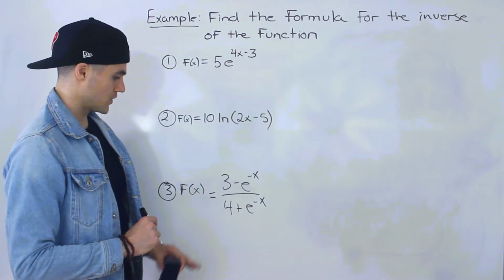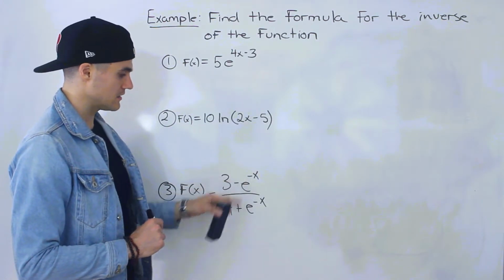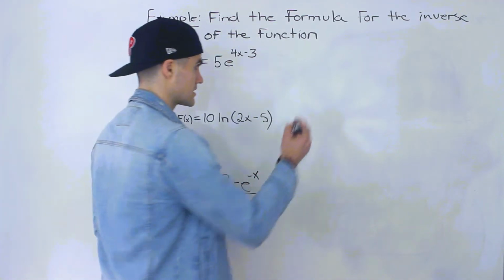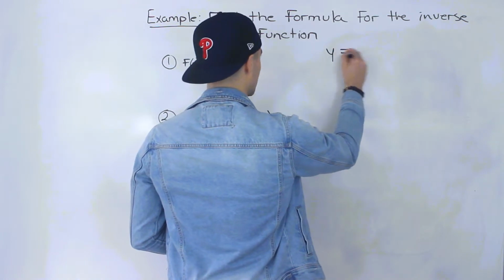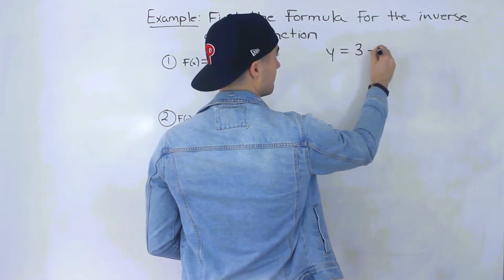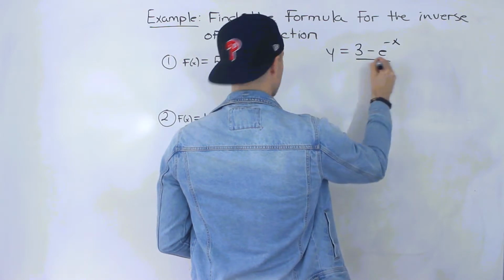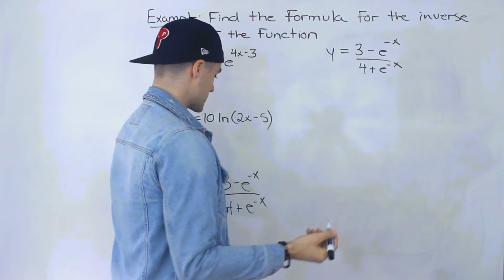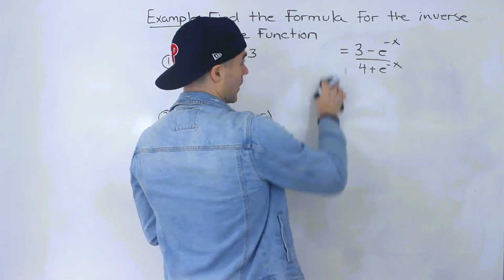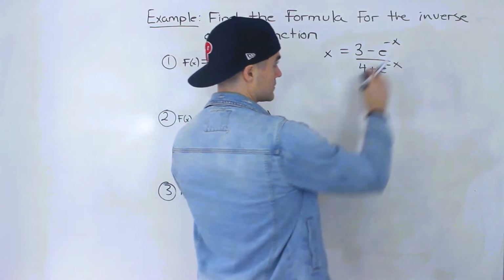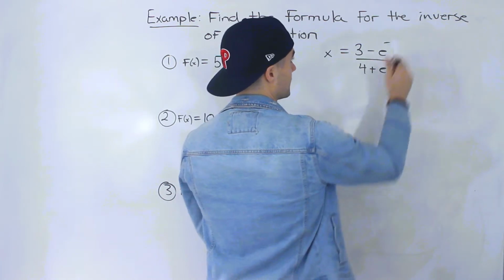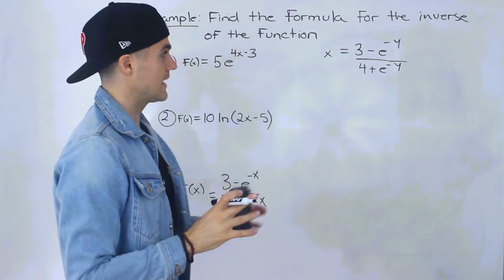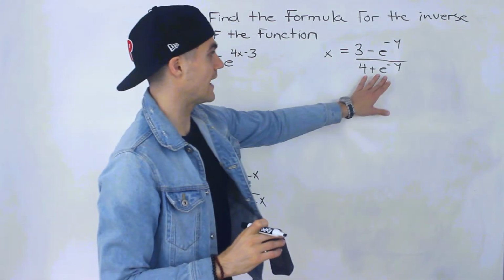And then finally, number 3, we got f of x equals 3 minus e to the negative x all over 4 plus e to the negative x. So this one's going to be a little tougher. It's going to take more algebra, but it's actually not too bad. So if you see something like this, what's the first step? Well, we got to interchange the x and y. So I'm just going to erase these here. So I interchange the x and y's, and now what we got to do is we got to isolate for